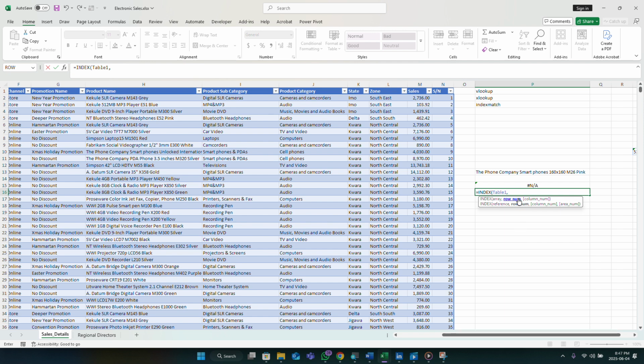Okay. Row number is where MATCH comes in. Instead of trying to look for the row where your item belongs, in this case, it's supposed to be row number 7 here. But because you don't know where that item is located, that's the reason why you are using a formula in the first place. You want to locate it. If you can locate it yourself, why use a formula? So that's where, for the row number, you are going to use